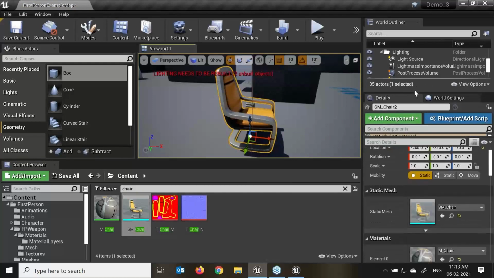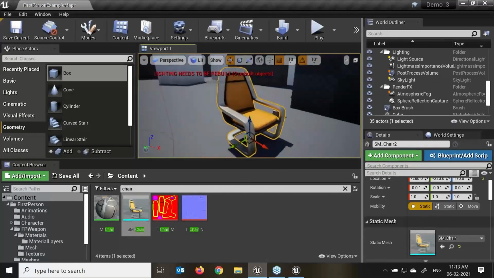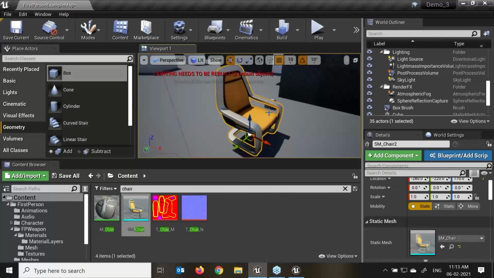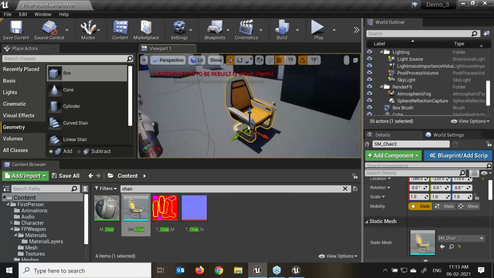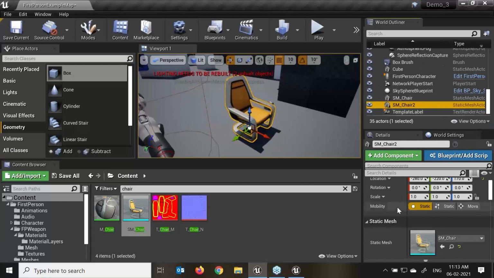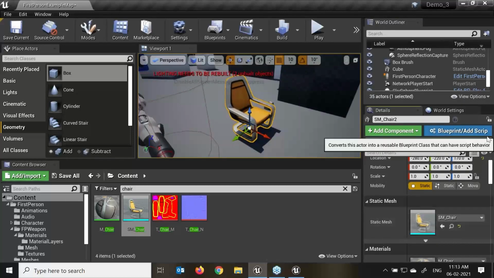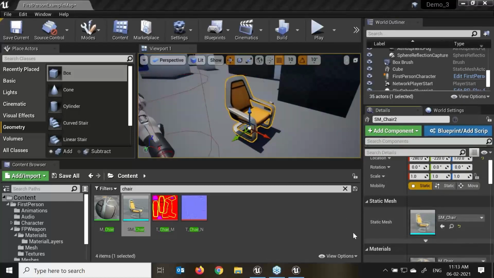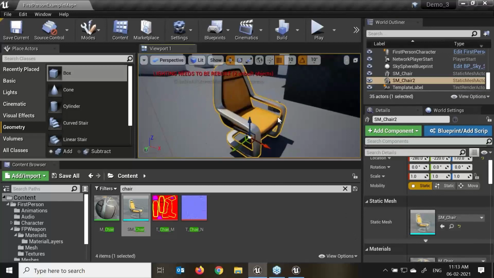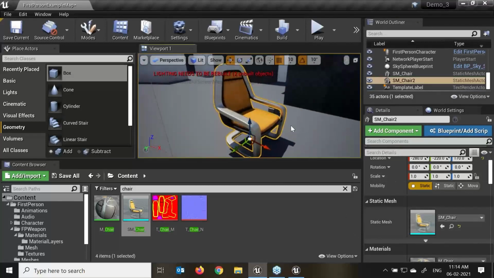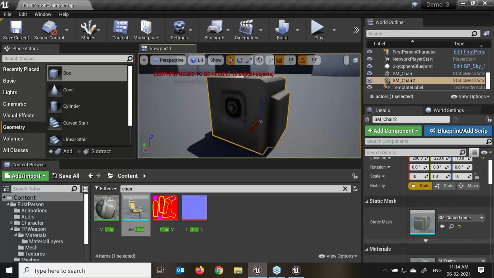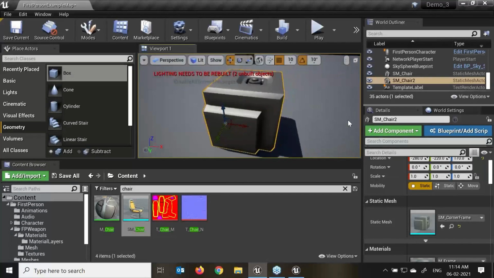There are different ways we can change the inside of the character. For example, this is one character which I imported. This is my static mesh character. If I go down to my Details options here, I can see this is my static chair. If I want to change it, I do not change my actor, but I change the inside of my actor. If I change it here, this becomes a different object, but if you see, the name of the character remains the same.